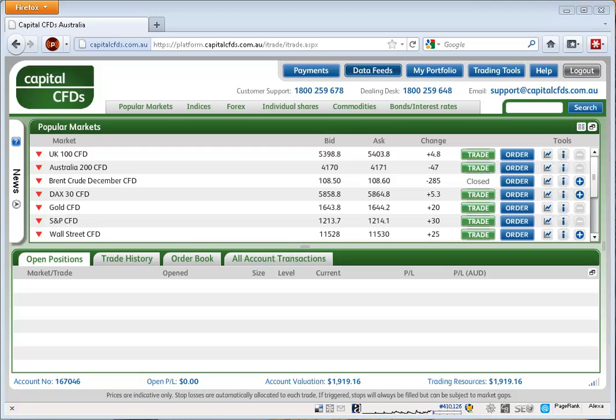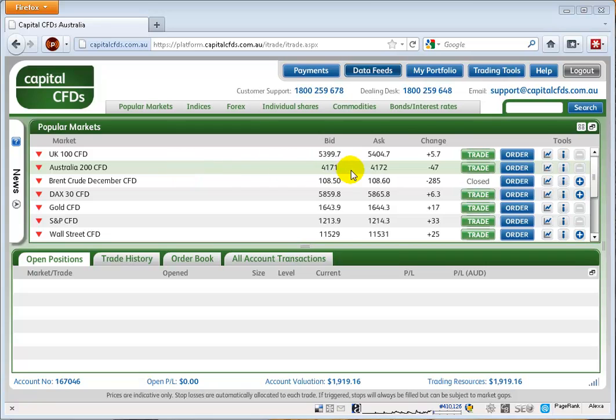Welcome to Capital CFD's training tutorial on how to place a stop to enter either a long or short position using an OCO order. So if the market rises rapidly and your long position gets triggered, then the short position will get cancelled automatically. So I'm logged into the live trading platform at the moment, and we'll have a look